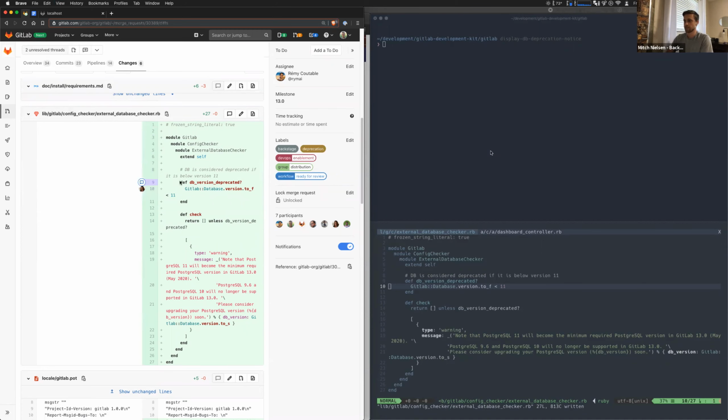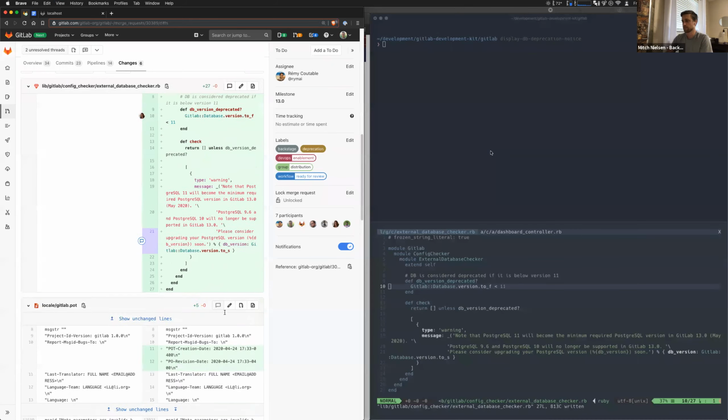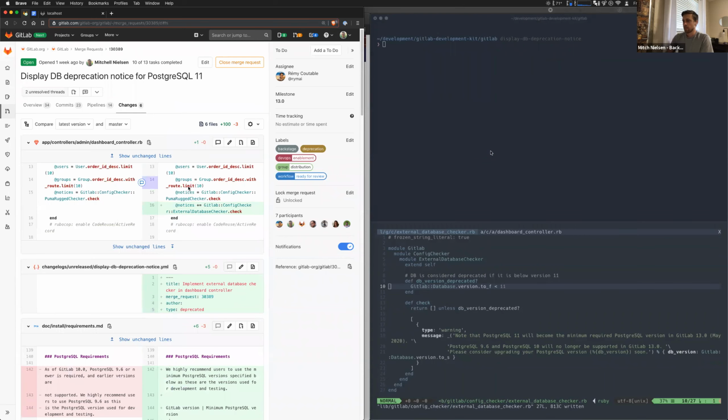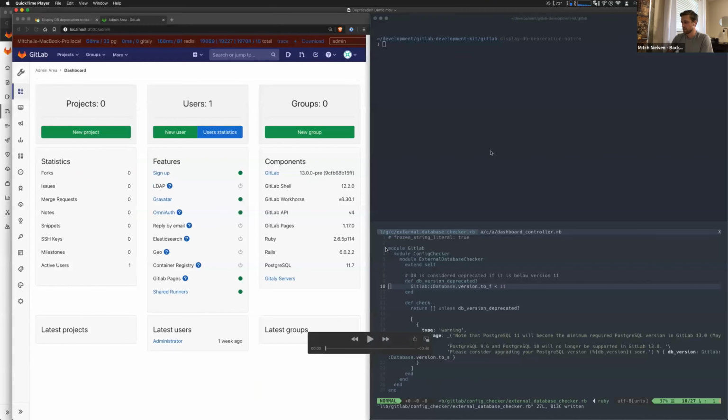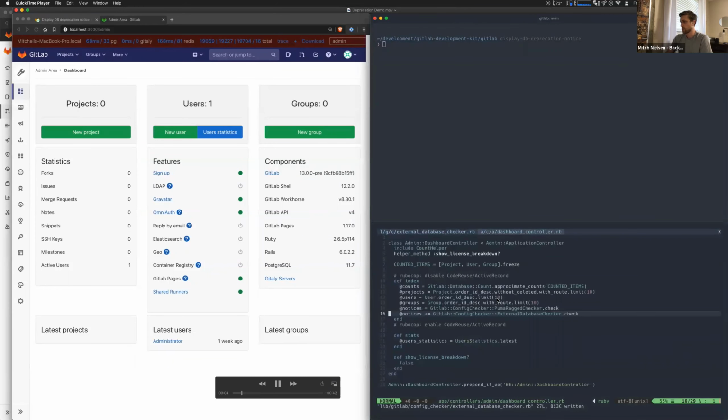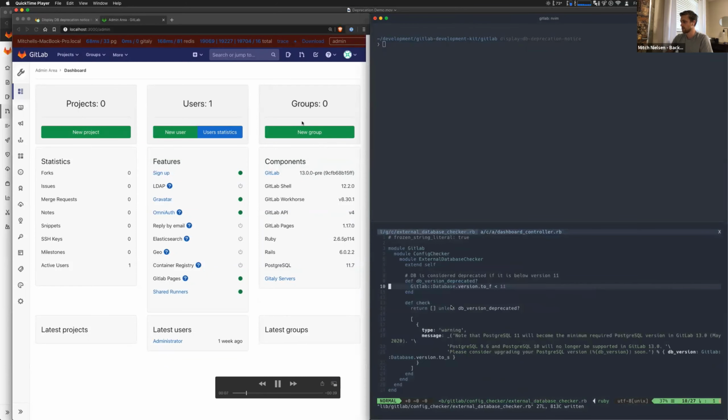and we have this DB version deprecated method, and it will return true if the version is less than 11. If that's true, then it will print this warning out, and we can actually print the current version of the database in the message so they know how far behind they are. And then there's the test to go along with it. Here we can just append to that notices array to print those out. All I had to do was stand up GDK locally. This is showing that part of the code base and